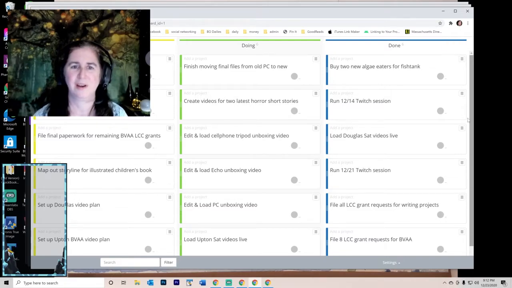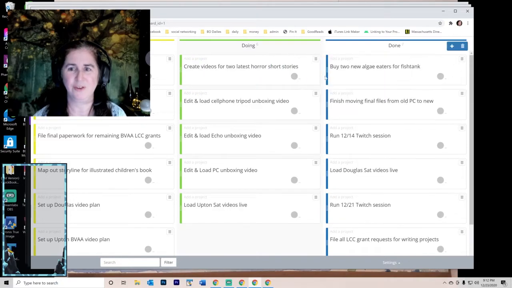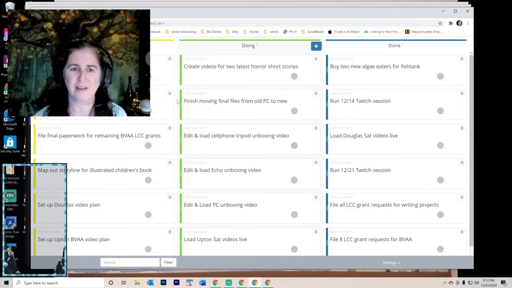So when I'm, let's say, moving files from the old PC to new, when I'm done with it, I just drag it over into done. And now it's over here and it's stored forever, so I can go back and see what I got done over the past couple months. If I realize that I've made a mistake about something, I can just drag it back again. So that's part of the benefit of doing it in an electronic system where you don't have to go erasing and scribbling and moving things around on pieces of paper. This just lets you drag it very nicely.